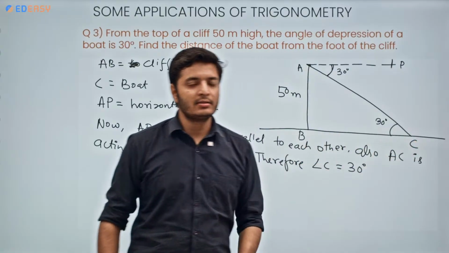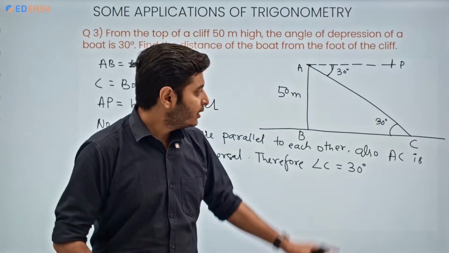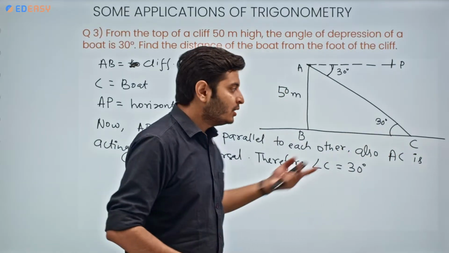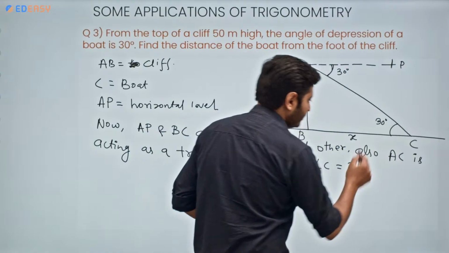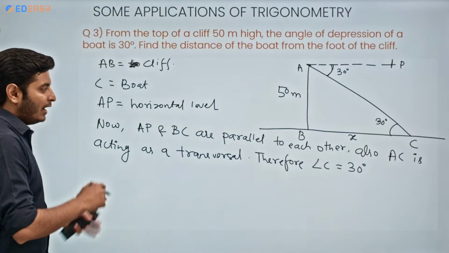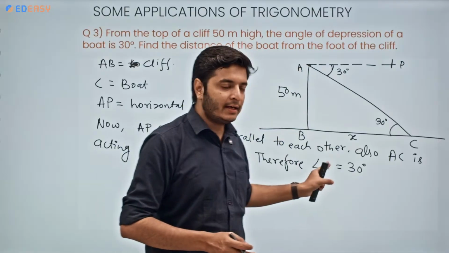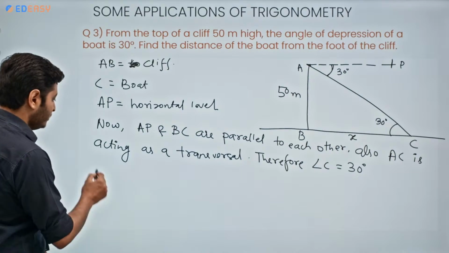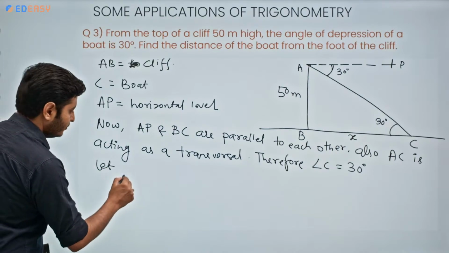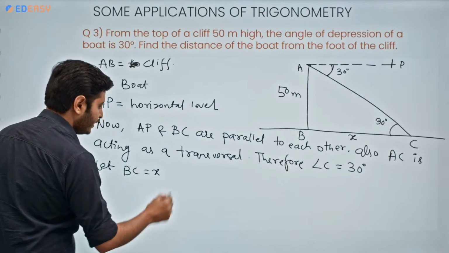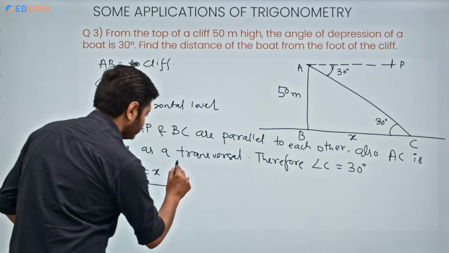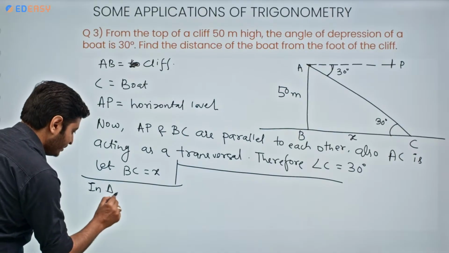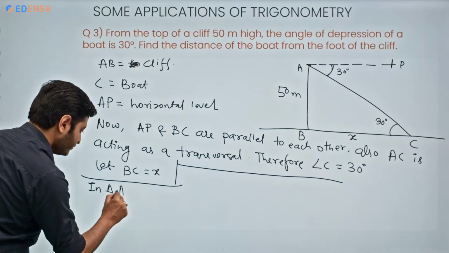We need to find the distance between the foot of the cliff and the boat. So basically we need to find the distance of BC. Let us consider BC to be X. I will usually use H for heights and X for horizontal distance. Let BC be equal to X. Now, in triangle ABC,